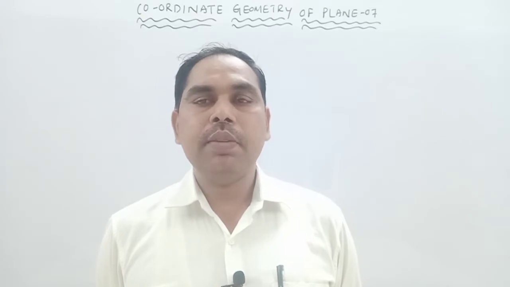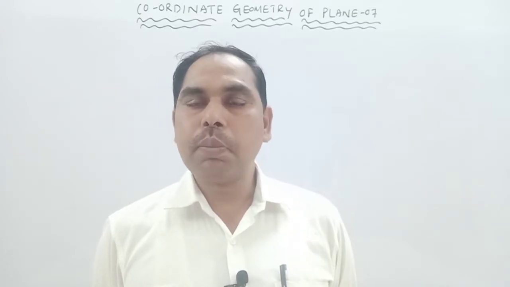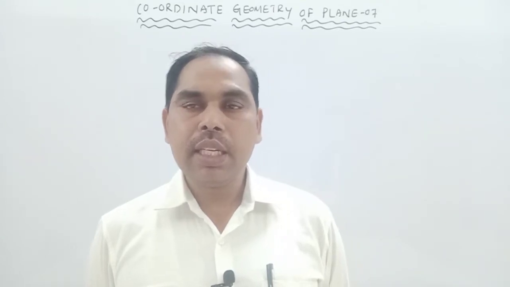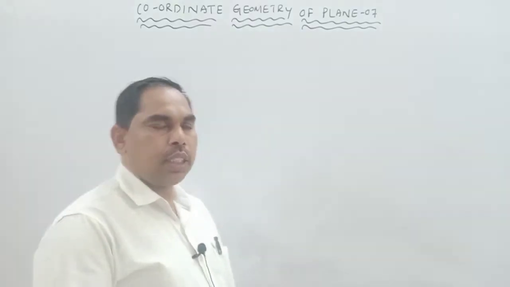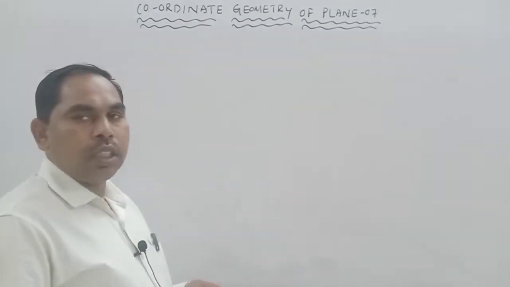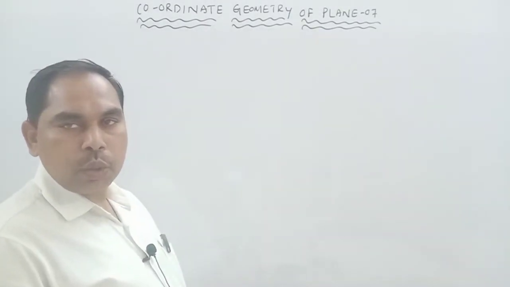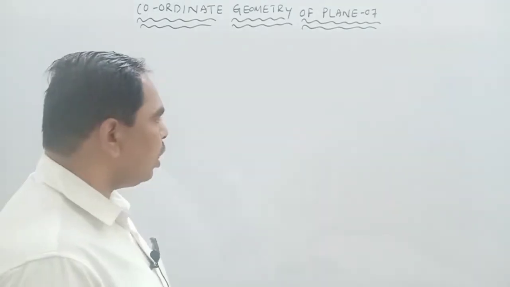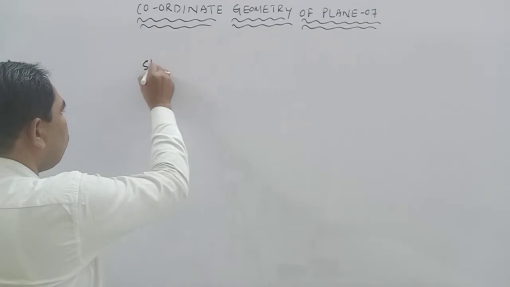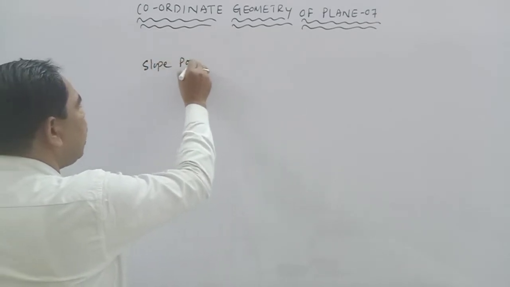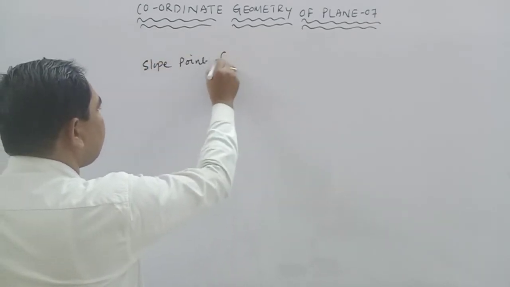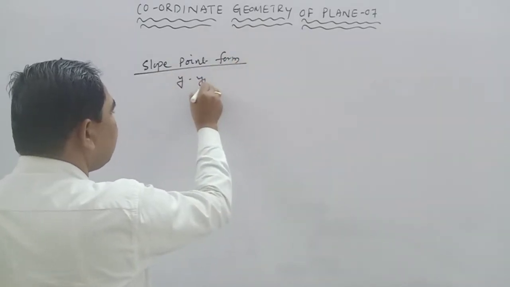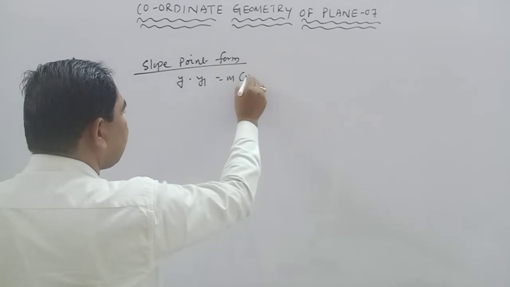In last class we discussed straight lines, that is various forms of a straight line. First, the equation of a straight line passing through a single point with slope m, that is the slope point form: y minus y1 is equal to m into x minus x1,